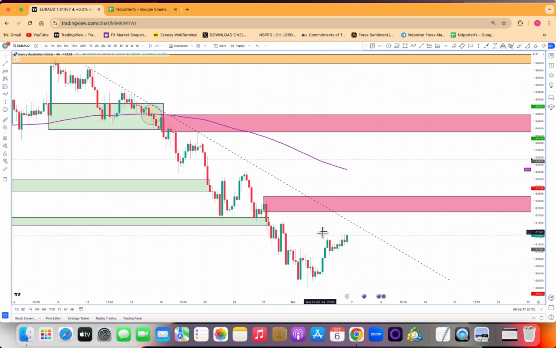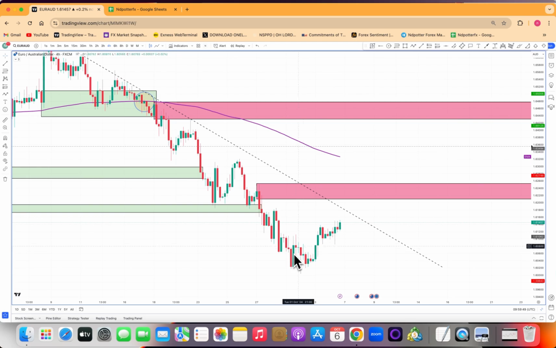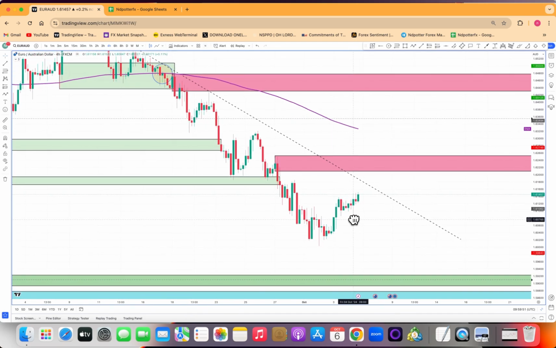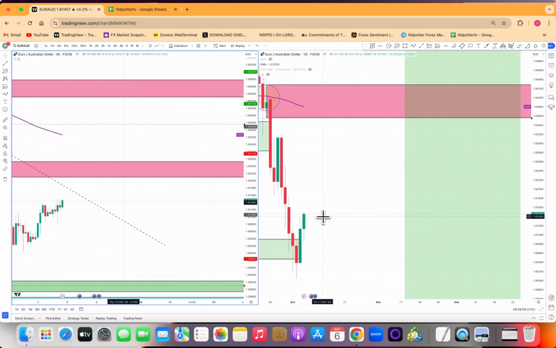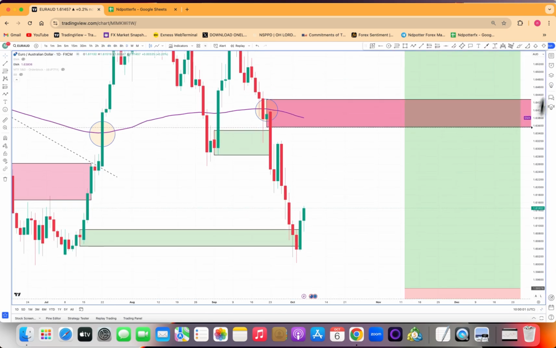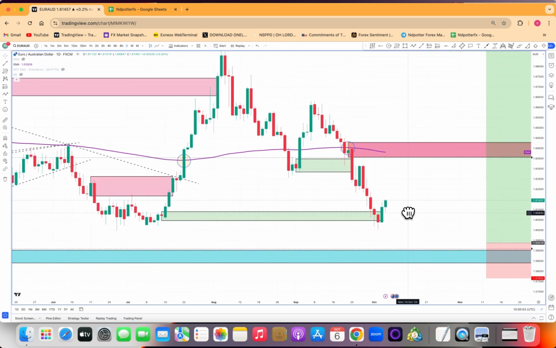I'm actually holding a trade here, though I didn't get in on this one as early as I wanted to, because I should have gotten in here, but unfortunately I got my entry here. And why did I decide to long this market? Looking at